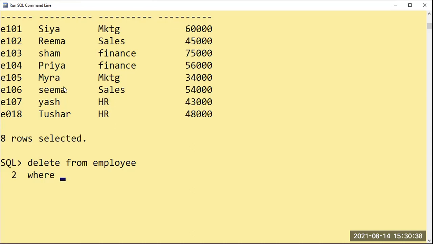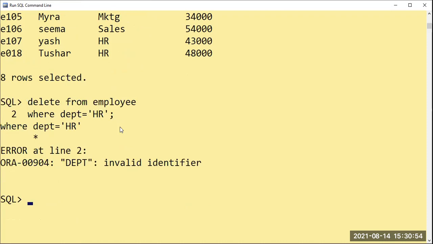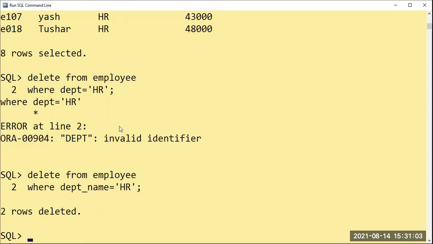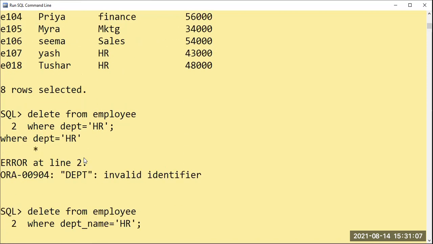Just I'll use where employees are working in the respective department. Where department name equal to single quote HR. And yes, 2 rows have been deleted, which were the last 2 rows.